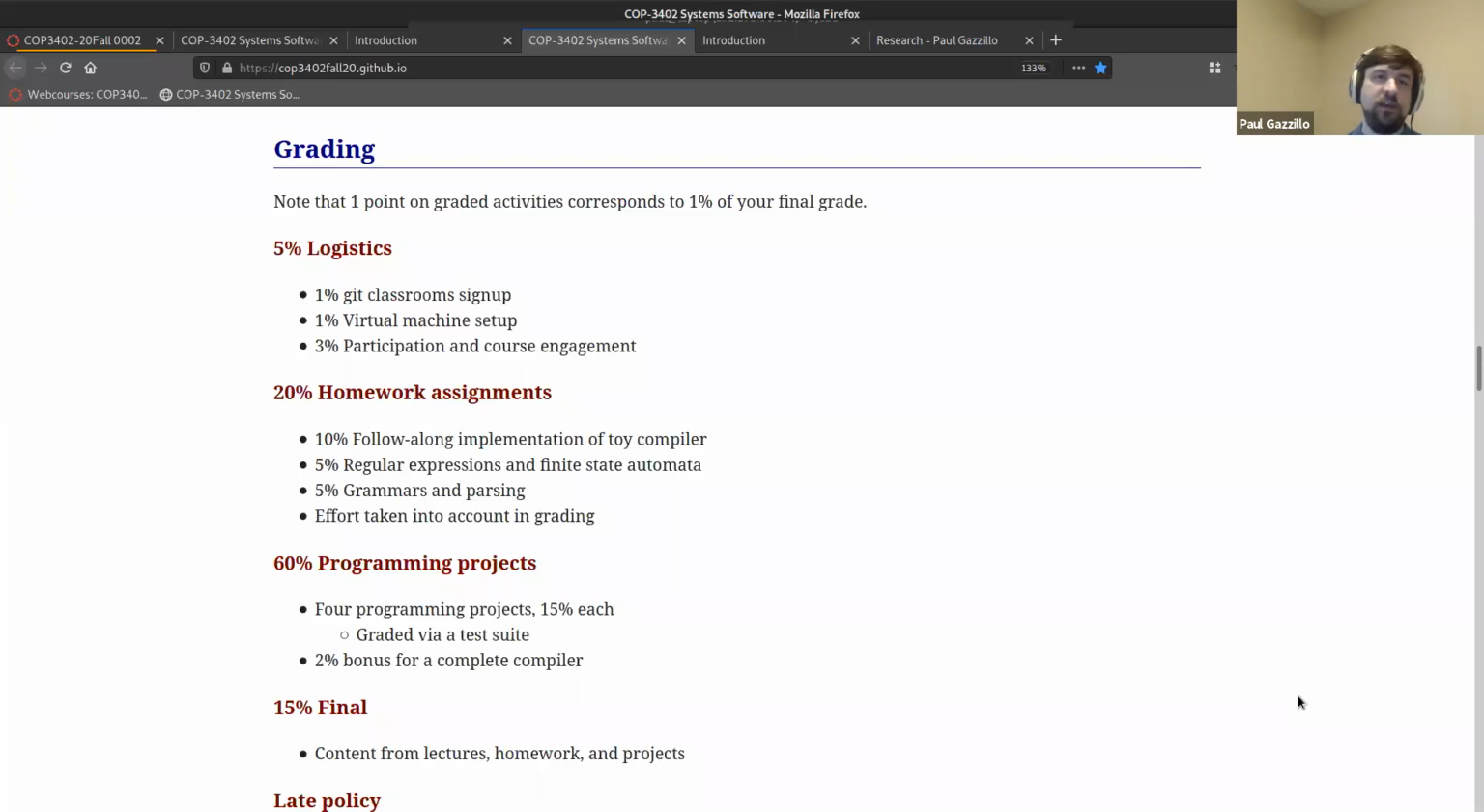So logistics, 1% for setting up classrooms, 1% for the virtual machine setup. These are really for academic activity, so if you have a financial aid or a scholarship, please do this homework. It's not real homework. You just plug in the URL for your repository. Do that today because it's due tonight. 3% for participation and course engagement, kind of an instructor discretion thing. Should be no problem. There's no attendance being taken, but as long as you're following along in the course,